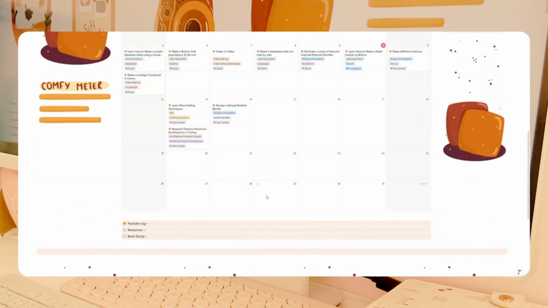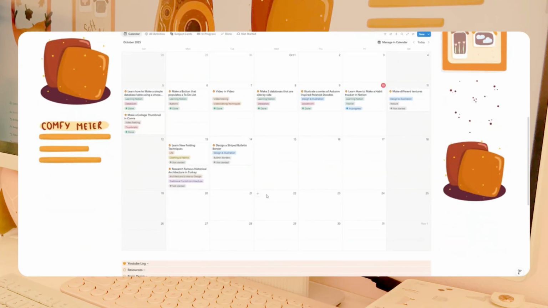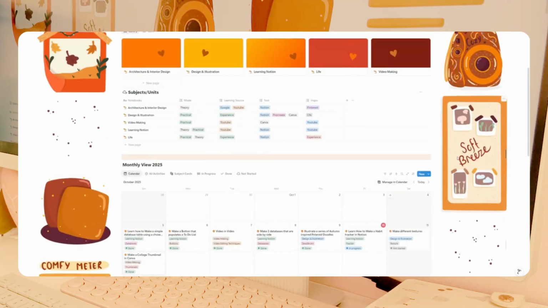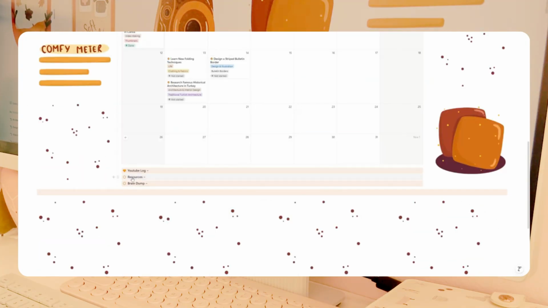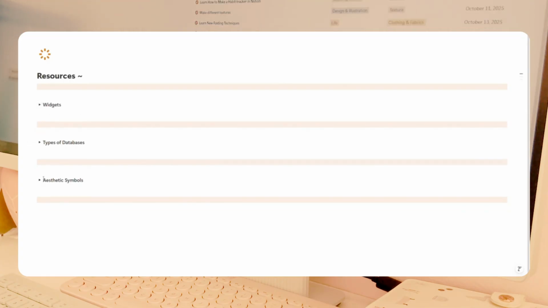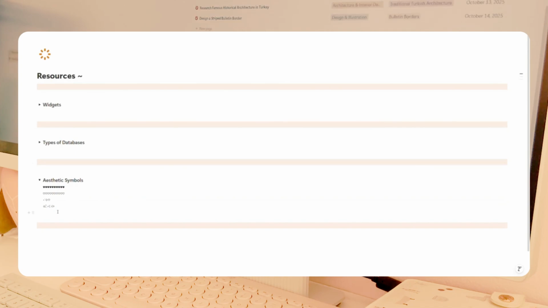And surprise, here we have our resources page. I've got a widget box link there for you in widgets, and I've got some aesthetic symbols ready for you there that you could add on to as well. And then we've got our types of databases. So we've got a book tracker, a standard habit tracker, and a habit tracker that shows a symbol